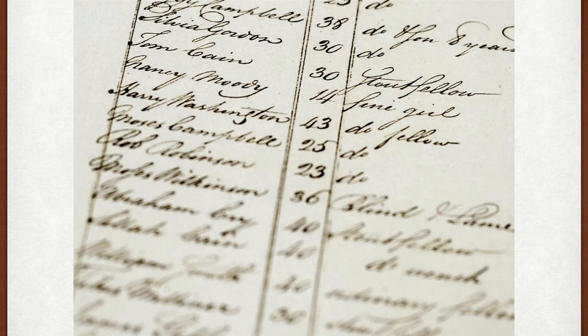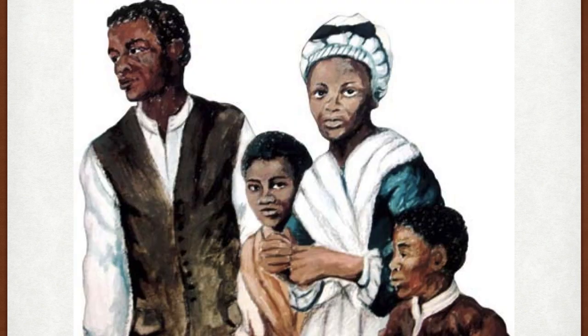Here is a page from that book that I just mentioned, right? They basically wrote your name and your age and maybe something about you. They say like a fine girl, a something fellow, right? Things like that, sort of like a description of what you're like. And this is a Black Loyalist family. Probably ran away to Canada or something.